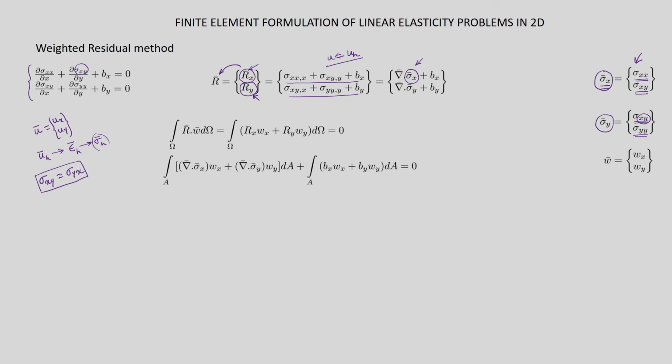So now with this sigma y vector and the sigma x vector, we have represented these two residues as del dot sigma x bar, del dot sigma y bar. Let us see what is del. In this case, del bar is the gradient. So del bar has two components, del of del x, del of del y. If I take a dot product of del with sigma bar, then what do I get? We get del of del x sigma x plus del of del y sigma y.